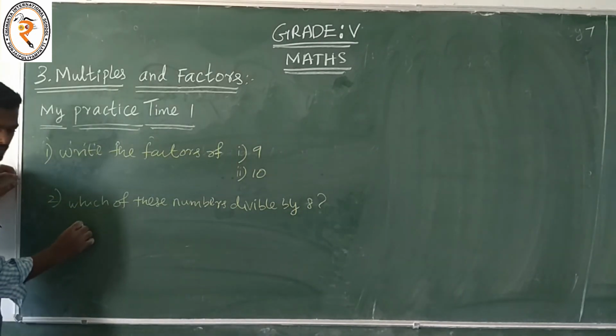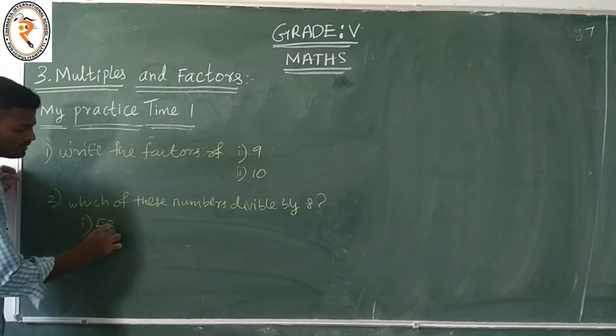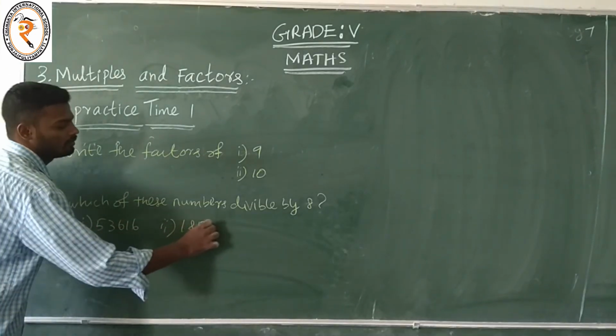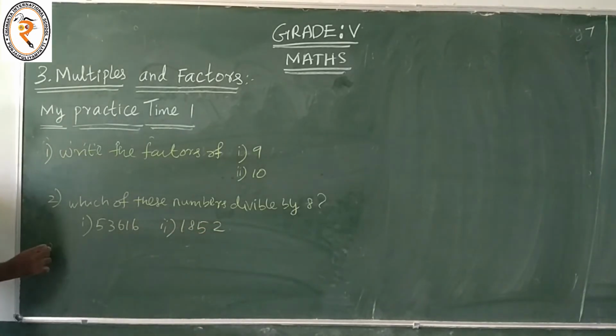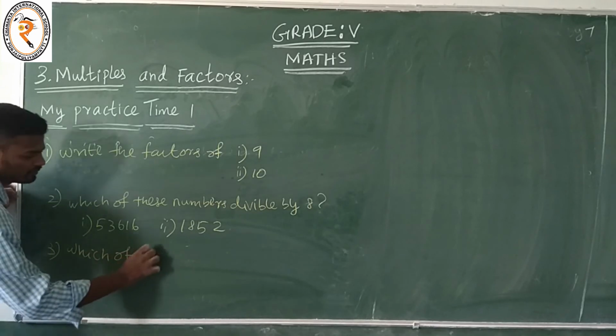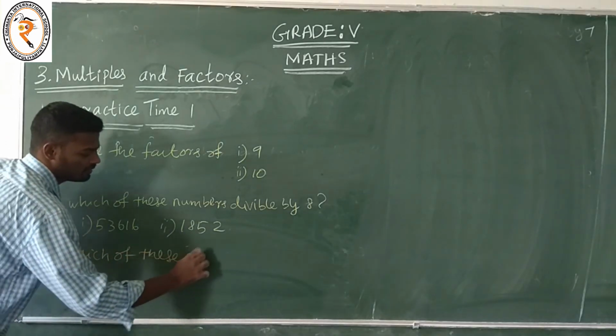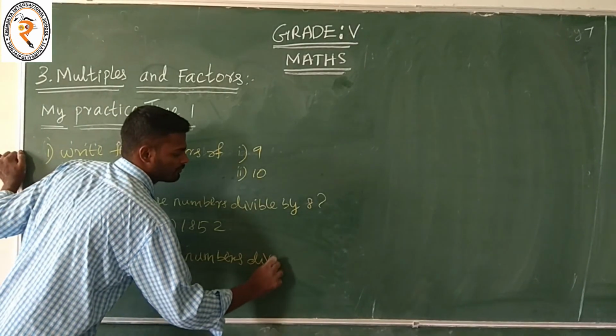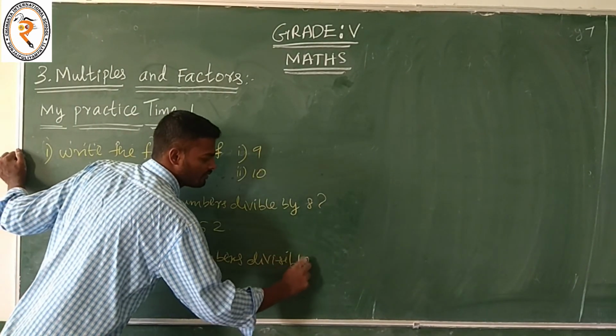First question, 3, 6, 1, 6, 2, 1, 8. And the third one, which of these numbers are divisible by